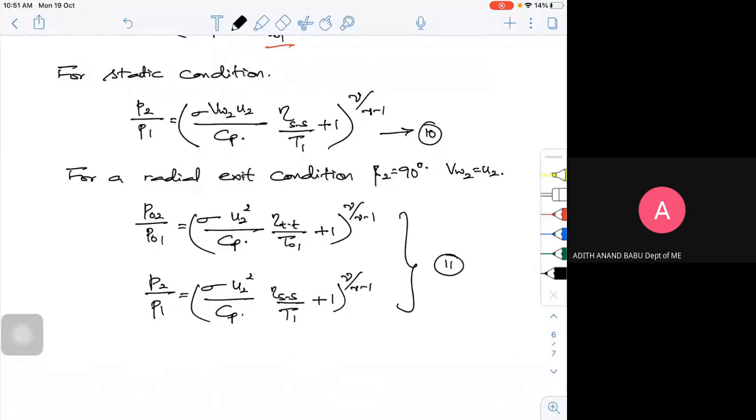So these are some of the equations which clearly tell us that the pressure ratio can be written in